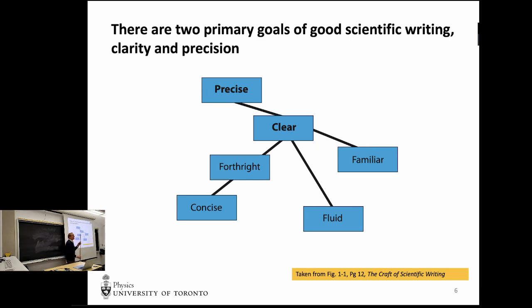One is, when you're writing, just be forthright. We'll talk a little bit about what that really means, but forthright means that you're just going to say what you've done. Just don't beat around the bush. Don't try to hide the issues. Just state the facts. But also be clear.